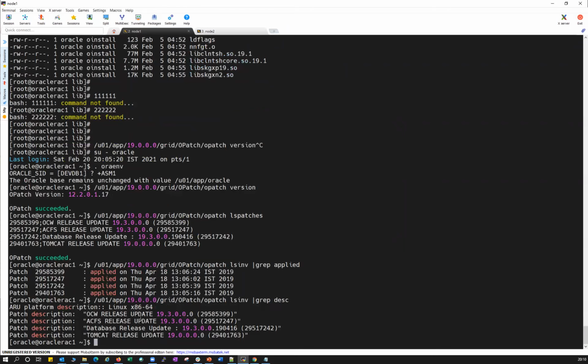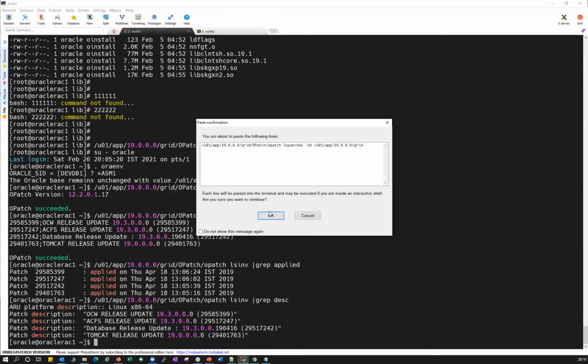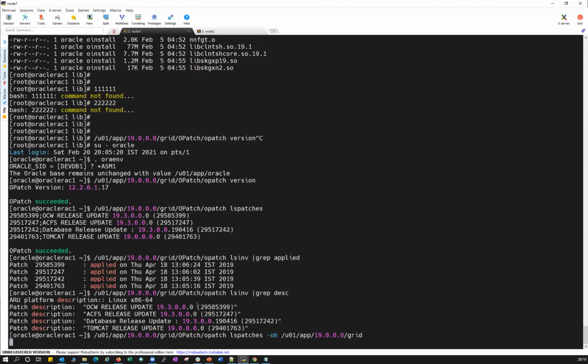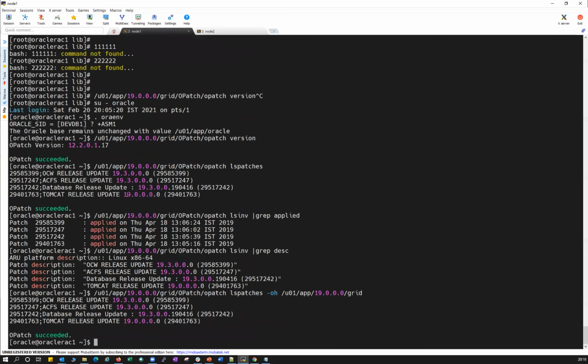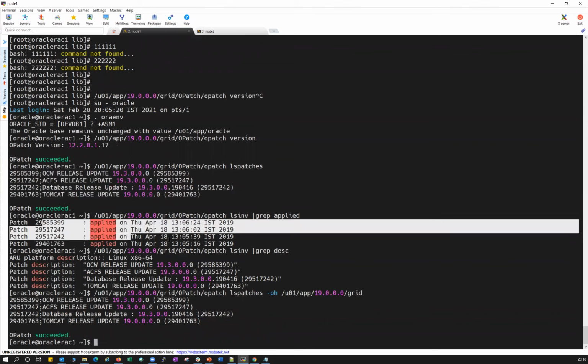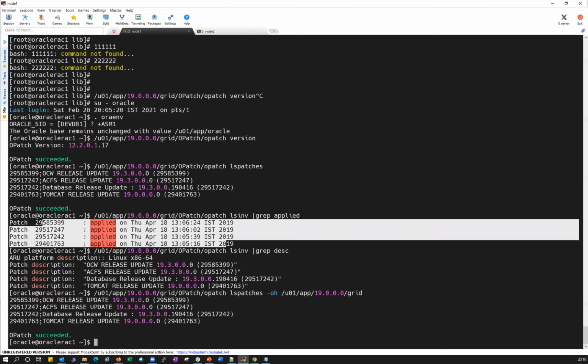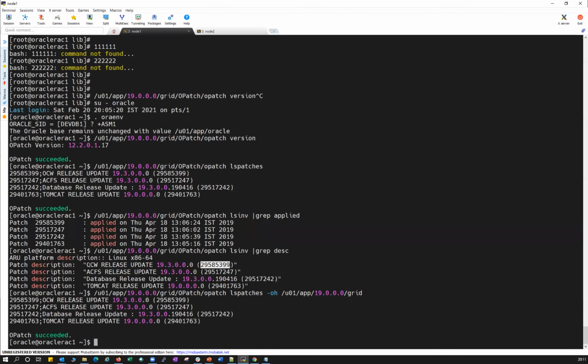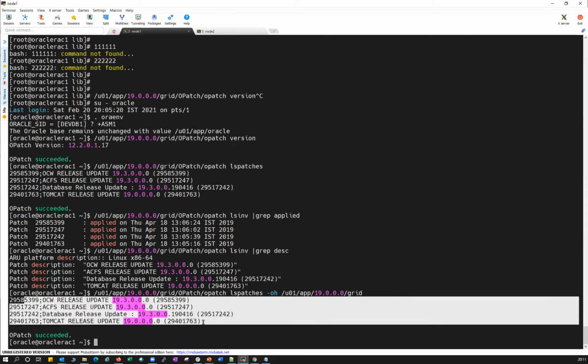It will say what this patch is for. And one more command, lspatches -oh. You can run this. These are just various ways of listing out the patches. It will give the list of patches, when they were applied, and a description of each patch. This patch is for OCW. This patch is for ACFS. This patch is for your database, and this patch is for your Tomcat. Right. So this is one more way of listing out the patches.